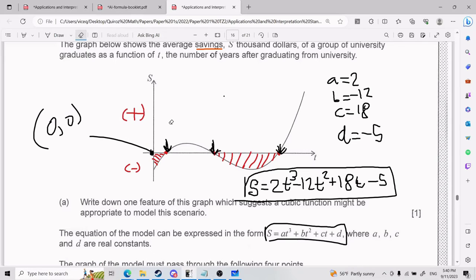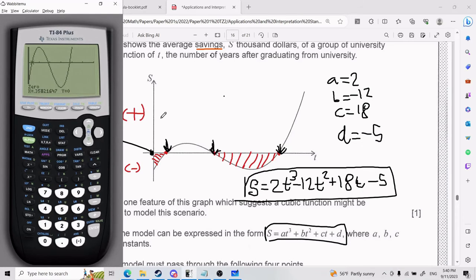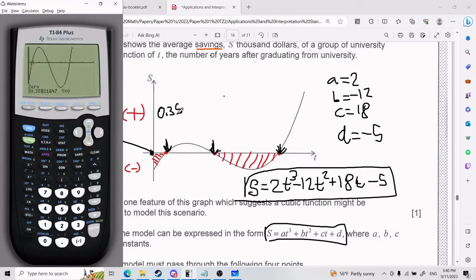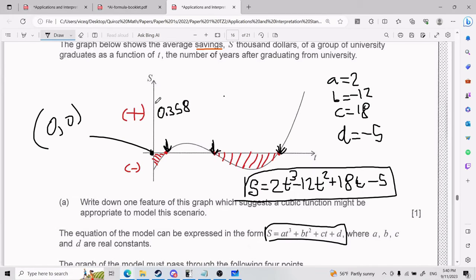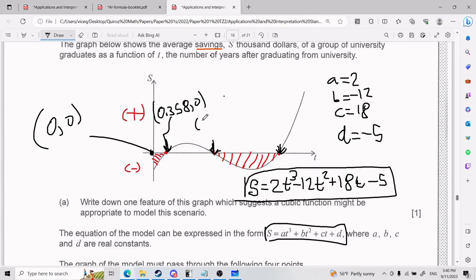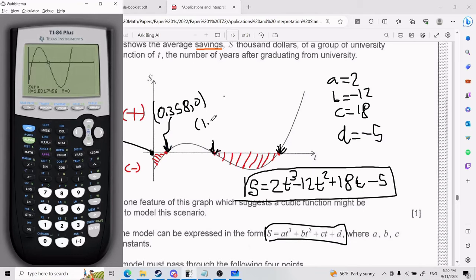The 0 over here is, give me a second. The 0 over here is 0.358, comma 0. So that is this point here. What about the next point? Well, let's do the same process. So left bound, we're gonna get it a little closer over there. Right bound over here, and guess right there. All right, so this over here is 1.83,